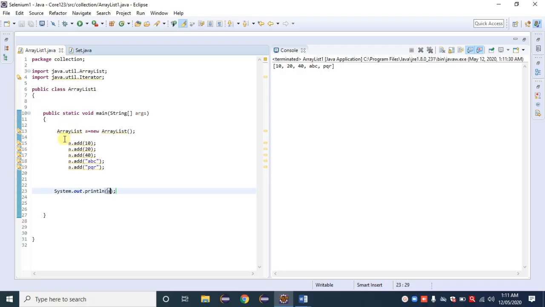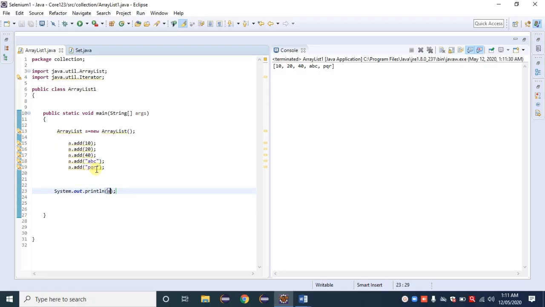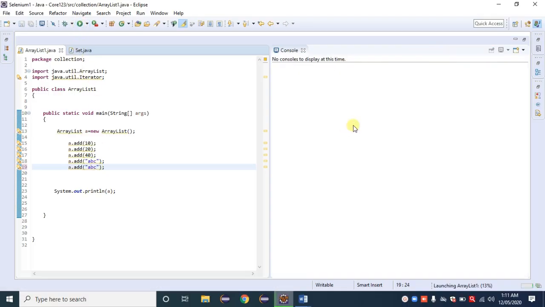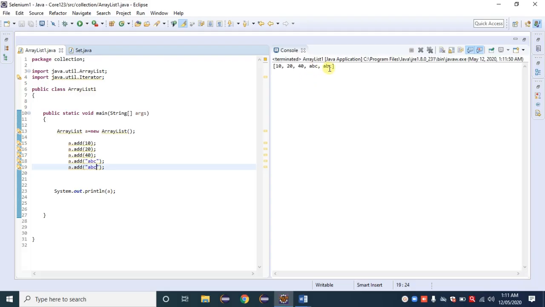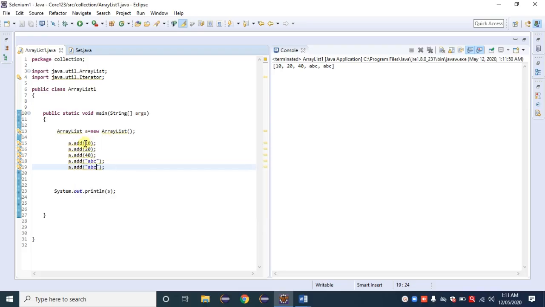Okay, so duplicates are permitted here by using a list. Okay, ArrayList, LinkedList or Vector. In that one, duplicates are permitted. Again providing here ABC. Click on the run button. ABC, ABC. Their insertion order is always the same. Okay, first element 10, second 20, 40, ABC, ABC. Observe the output here. Same order. And that is stored by using an index number. Index always starts from 0. First element at index 0, next 1, 2, 3, 4.